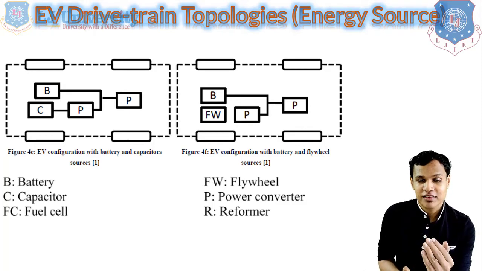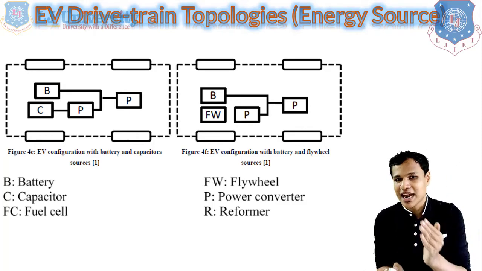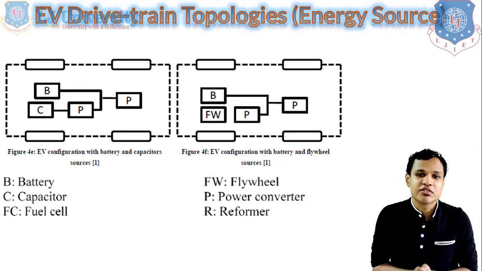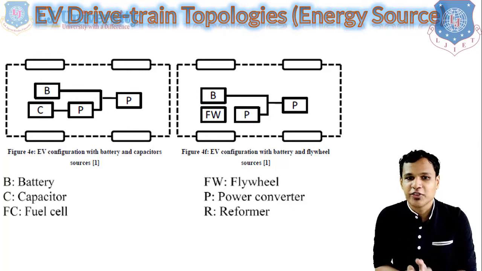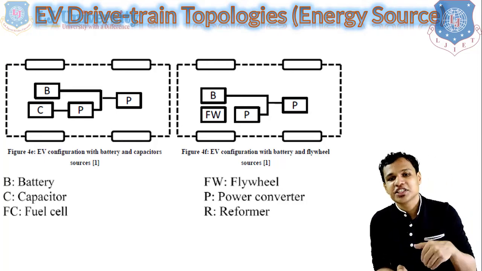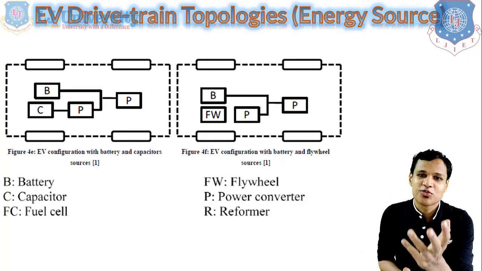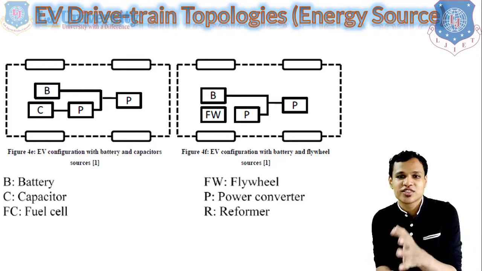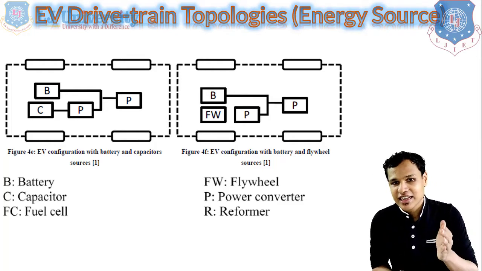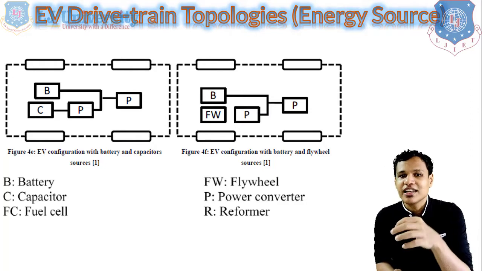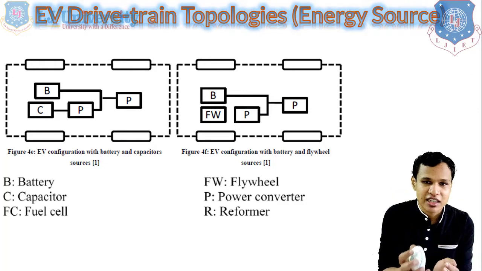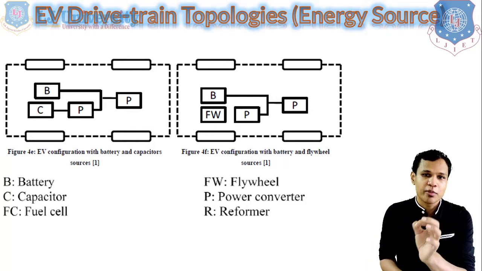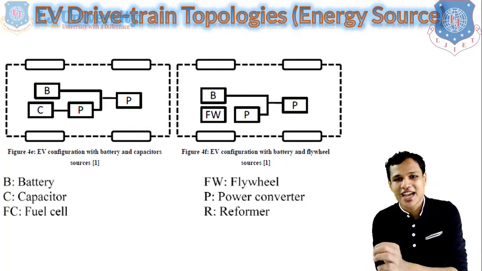But the ultra capacitor has higher specific power and the battery has higher specific energy, so that combination works pretty well in this configuration. And the last configuration is the battery and the flywheel. The flywheel is also another energy source, same as the ultra capacitor, and these two things will have an individual power converter which will then be connected with the normal power converter, which is for the battery.